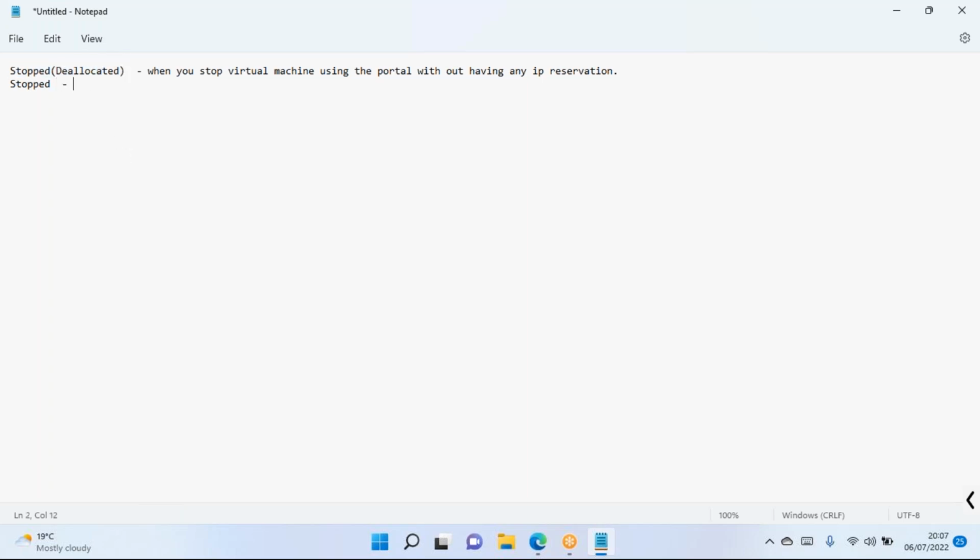Okay, now when you shut down, there is a difference between stop and shut down. When you shut down a virtual machine after logging into that virtual machine,